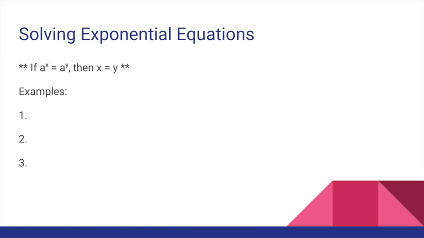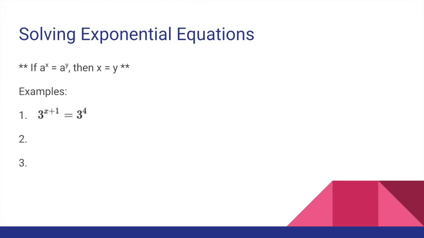All right, last thing in this section is solving exponential equations. And solving exponential equations in this section has one key component that we need to keep in mind, and that is that if a to the x equals a to the y, then x must equal y. All right, so notice that the two a's must be the same number. Okay, it's 2 to the x equals 2 to the 5. Okay, well then x must equal 5 in order for that equation to be true. So first example